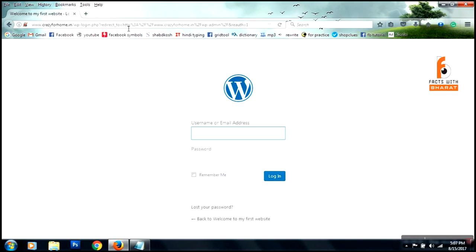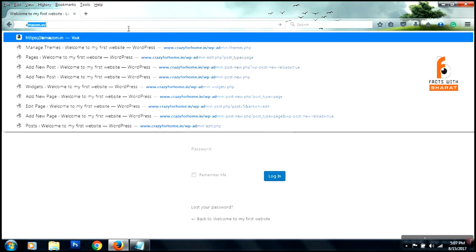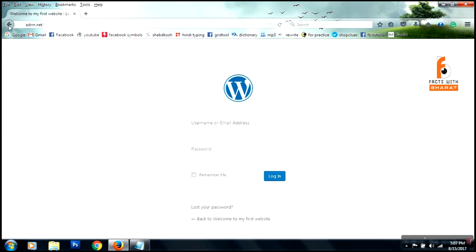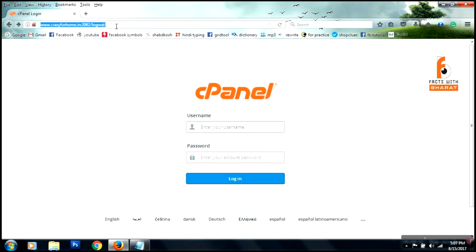where you have to enter your WordPress admin login details, not your hosting control panel details. Whatever information we have entered in the dashboard section, the WordPress login section, we need to enter those credentials over there. Sorry, I'm just going to retype this address,